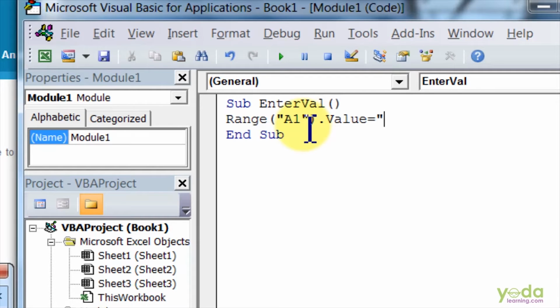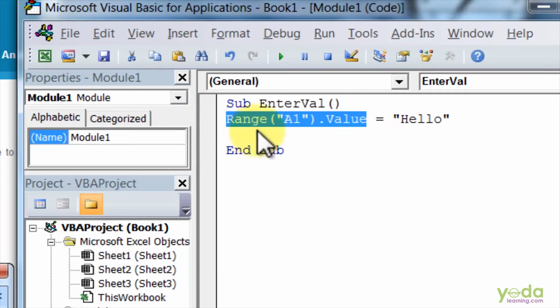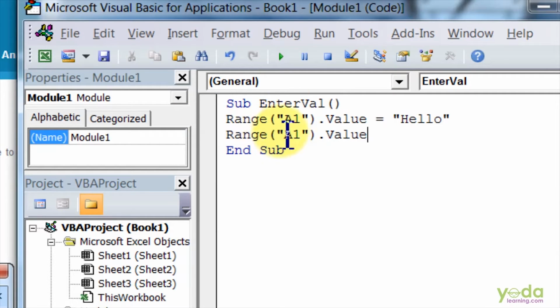In cell A2, Range equals Hello. I'll type User.